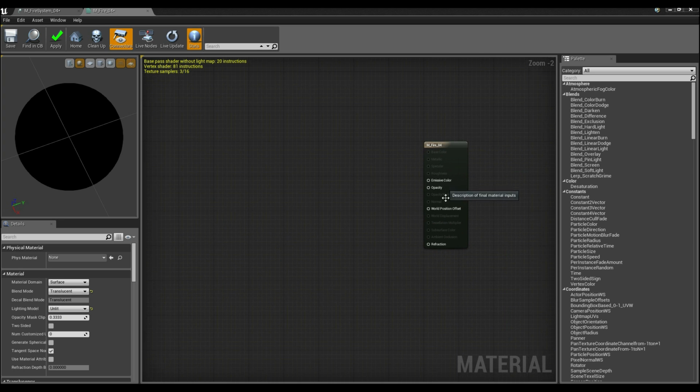Now you'll see that over here the only things that actually can matter are the emissive color, opacity, world position offset, and refraction. While you could create something pretty complex, in this case I'm really only going to be worrying about the emissive color and the opacity. So the first thing to note when it comes to how we're going to achieve a large chunk of our fire effect is that we're going to need to get